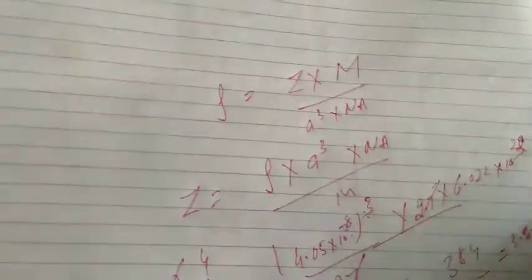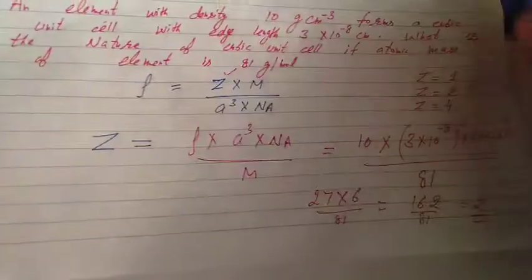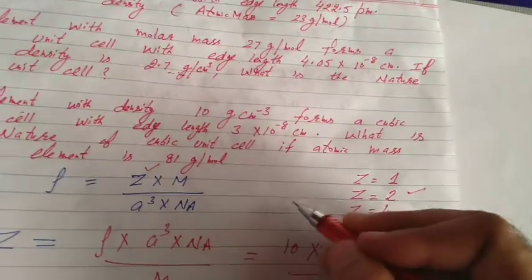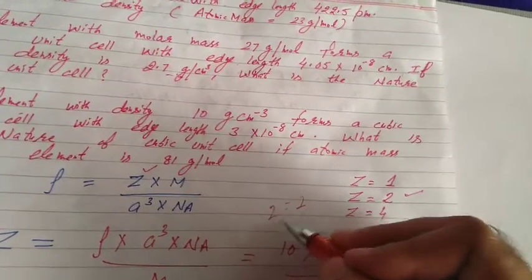Within 2 minutes you can do these calculations. Whenever we have to find the nature of the unit cell, Z will be either 1, 2 or 4, students. If you got value 1.86, directly write 2. Since Z is 2, the given system is BCC. Please solve these questions. After this, next, students,